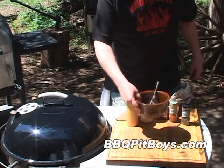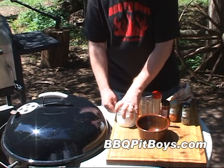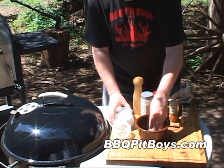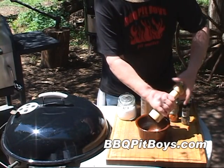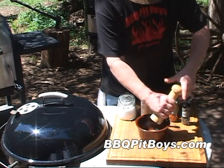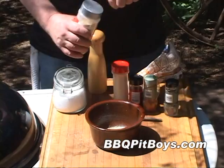Now we prefer to use a rub and not marinate, because after all, this is tenderloin. This is akin to beef tenderloin. It's a real fine and expensive piece of meat, so we're going to create layers of flavor. The first thing we did is put 2 tablespoons of granulated salt, 2 tablespoons of fresh ground peppercorn, and